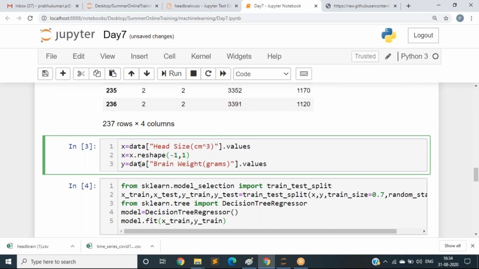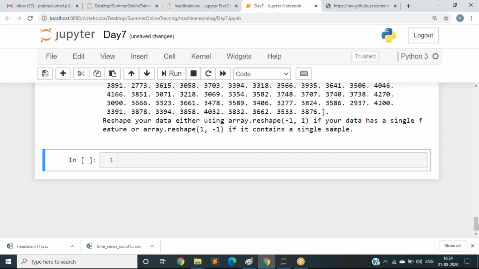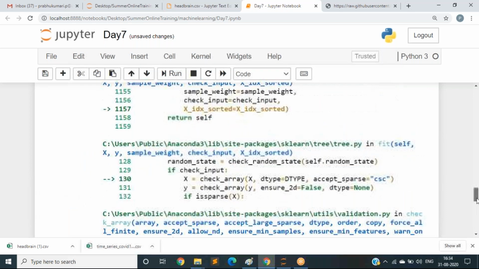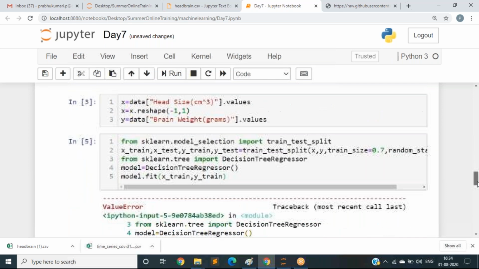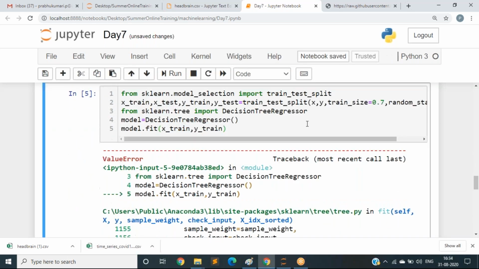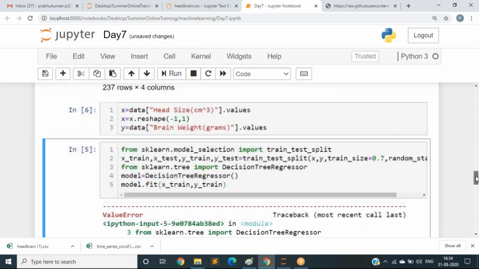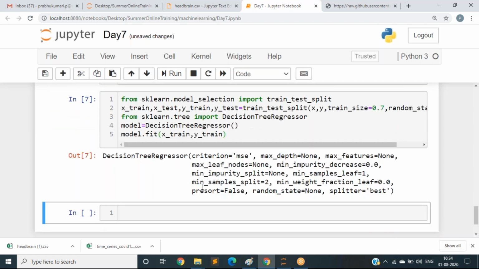Here I am reshaping x values. Now let us run this again. It's showing me an error again. Wait, I have not run this one. Okay, we have already trained our model.